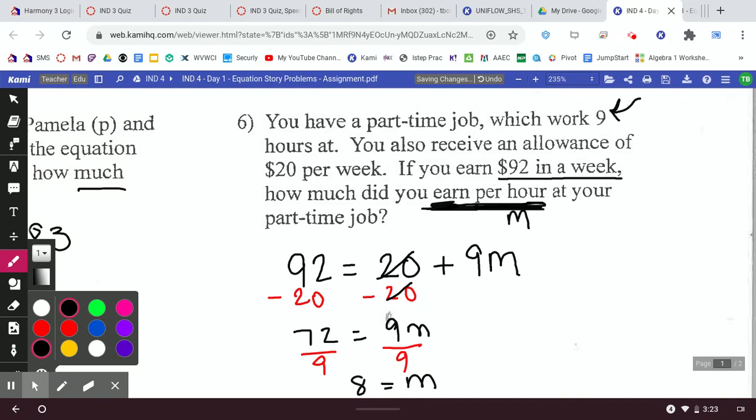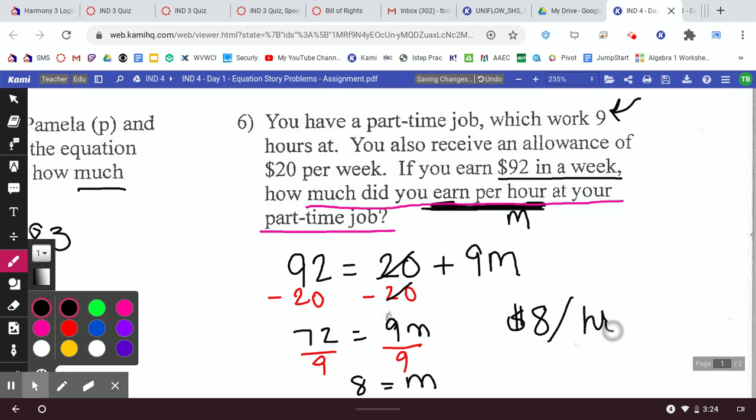Now, again, this is a story problem. So what does 8 represent? Well, to know that, always go back to your last sentence, right? And let me underline it in pink. So how much did you earn per hour at your part-time job? Well, the answer is 8, but it's 8 what? The answer would be $8